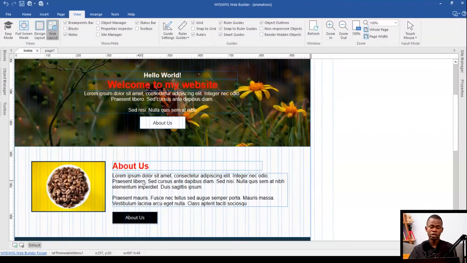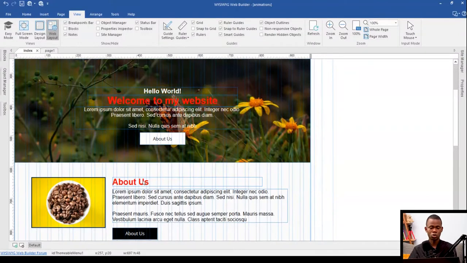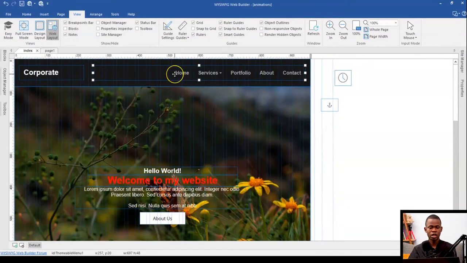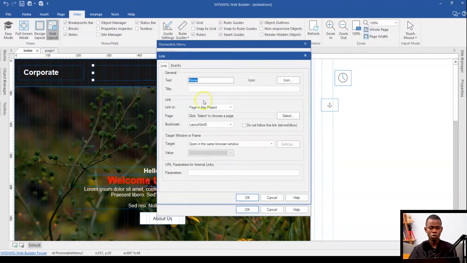In WYSIWYG Web Builder, you can go ahead to add titles to any kind of links you create in here. So being a text link, being navigation, being buttons, and so on. So let's take a look at this, starting with a navigation. Once I double click on this, and then I see maybe home, and then I get to specify this particular page at the top section here, over here instead, you get to specify the title for that particular link. So I get to say maybe home page.